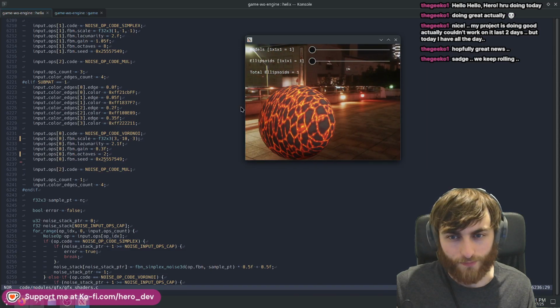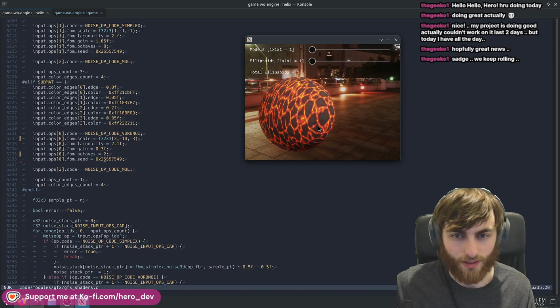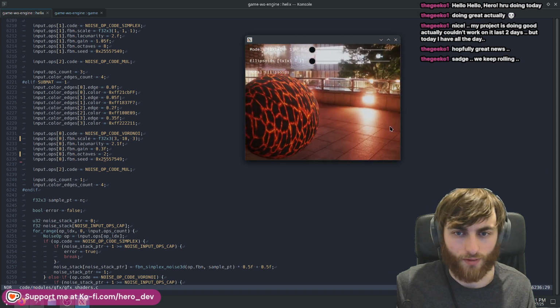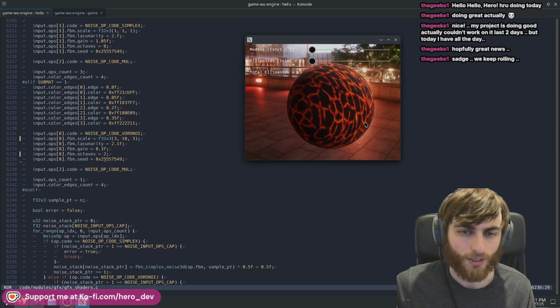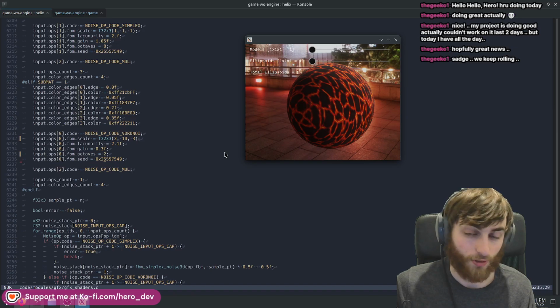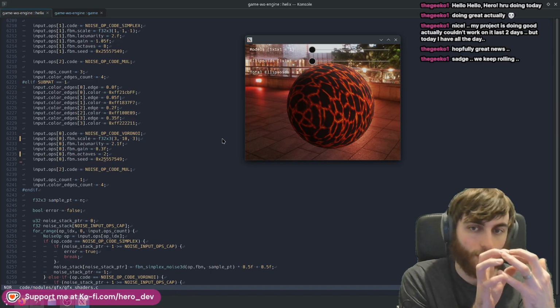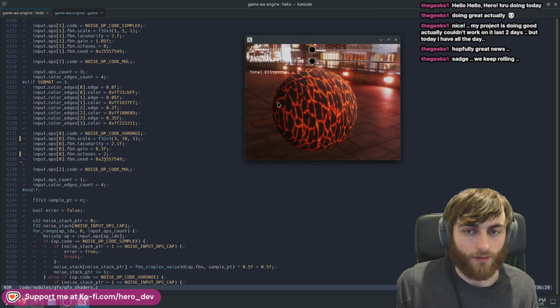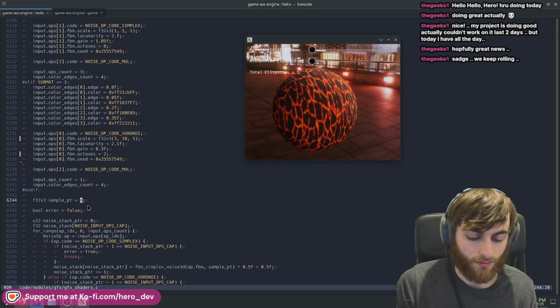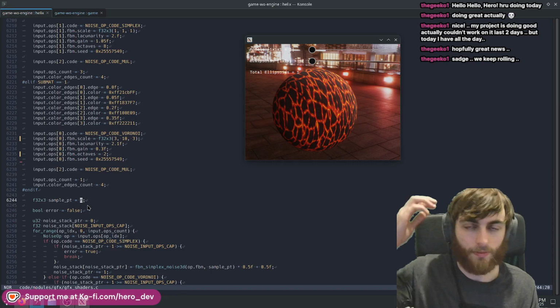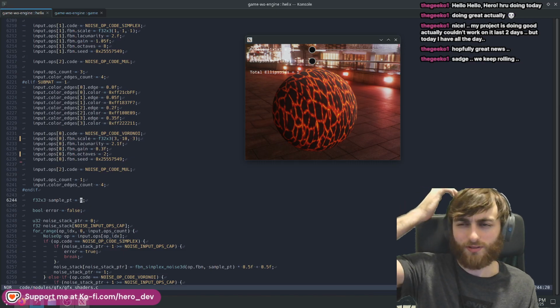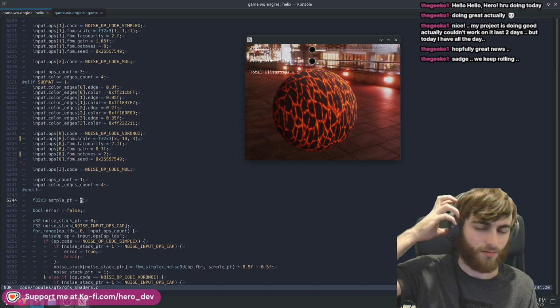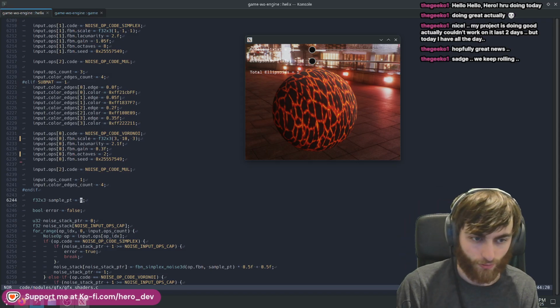Yeah, so you have two pole areas here. What I might want to try for a second is, if we go to using spherical coordinates, you will get the artifact where it sort of bunches up at the top. But I think we can smooth in some other noise. Maybe we could lerp in a regular noise without the